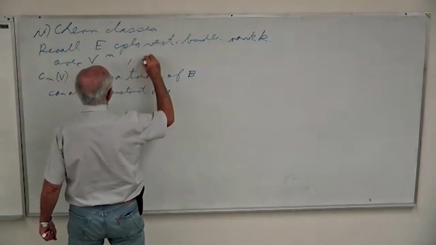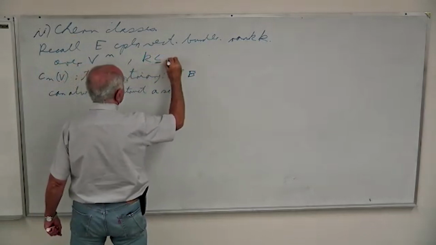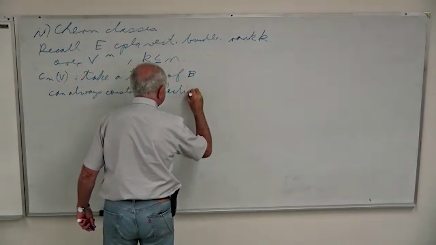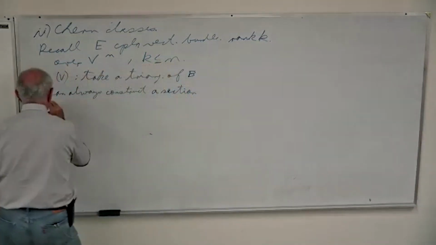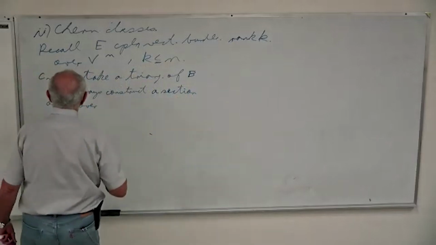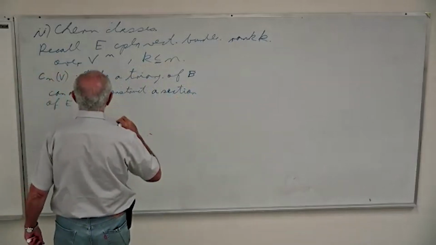Let me assume k is less than or equal to n. I can always construct a section of E over the skeleton